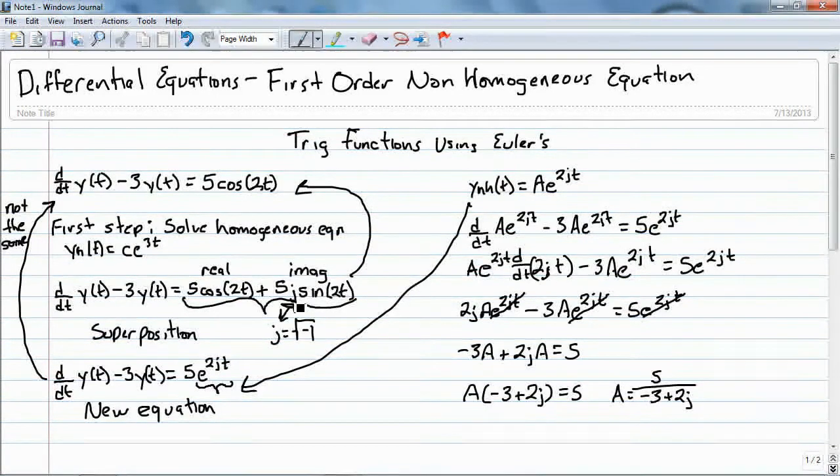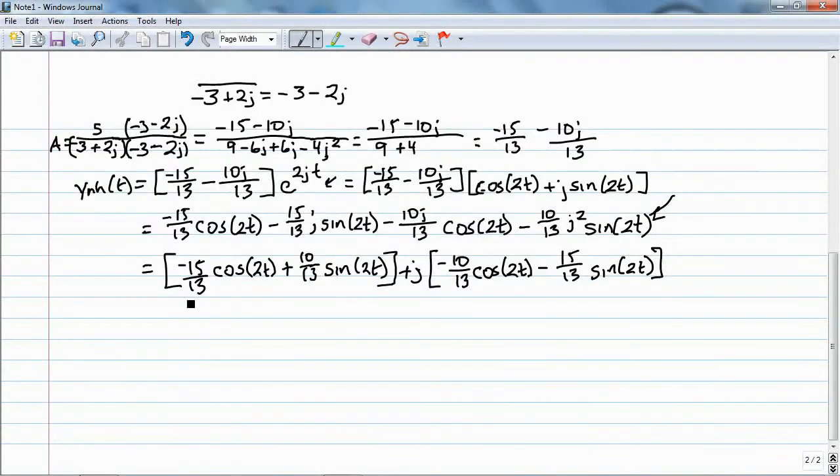So now that we're at the end, since the cosine is the real part, we only need the real part of this solution. And so our solution is going to equal the homogeneous solution plus the real part